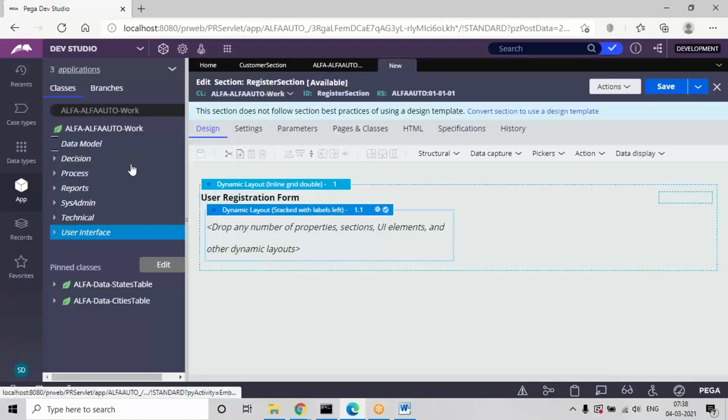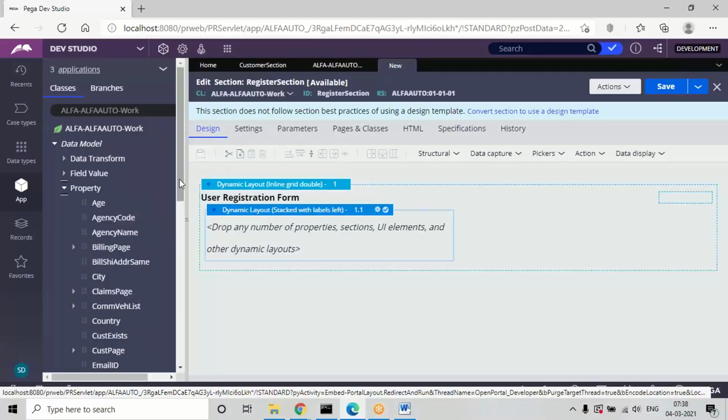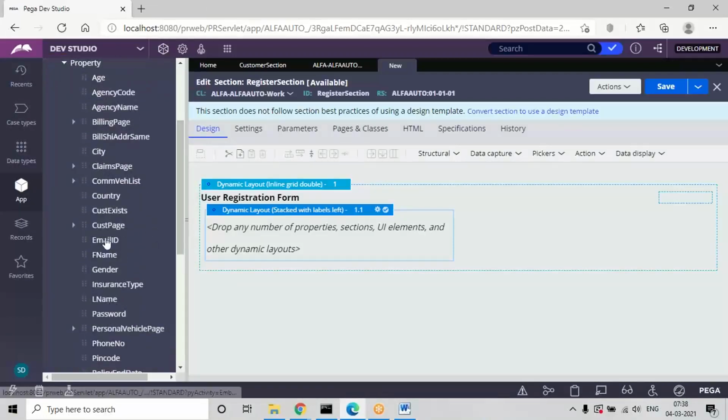Along with the new fields which I created now, I'm also inserting some previous fields, like first name and last name.